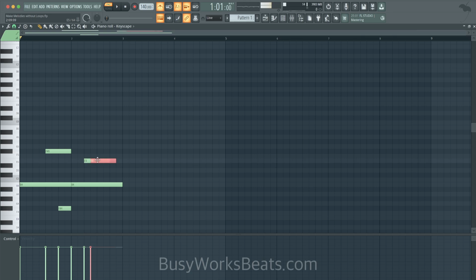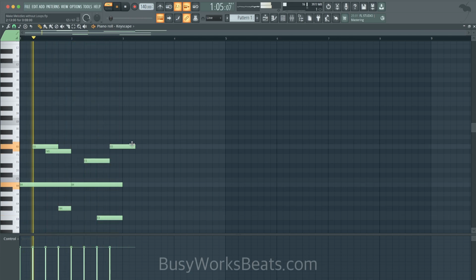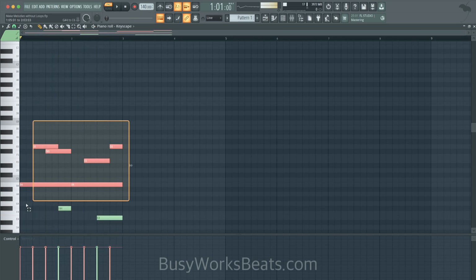Now, the cool part is when you pull this perfect fourth down an octave, it's actually the perfect fifth. So these both are relative, perfect fifth and perfect fourth. If you pull it down an octave, it operates one way. If you pull it up an octave, it operates a different way. And now your brain can go in and add the in-between notes. Okay, so it's pretty simple.